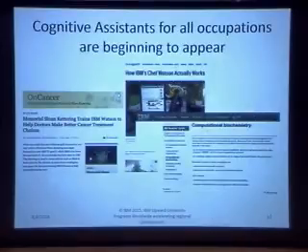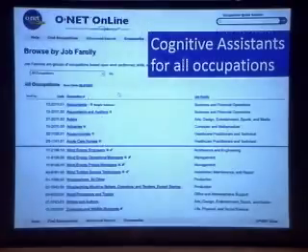So we're starting to see cognitive assistance for all occupations. At IBM alone, we've come out with cognitive assistants to help doctors and medical professionals. We've come out with cognitive assistants that actually help chefs, the creators of different recipes at Bon Appetit magazine. Many, many different areas, including computational biochemistry. As part of my roles at IBM, I not only lead our university programs worldwide, but I also lead our Cognitive Systems Institute, which has the mission of working with computer scientists and cognitive scientists and all different disciplines to develop cognitive assistance